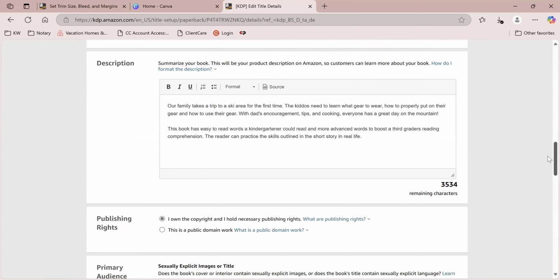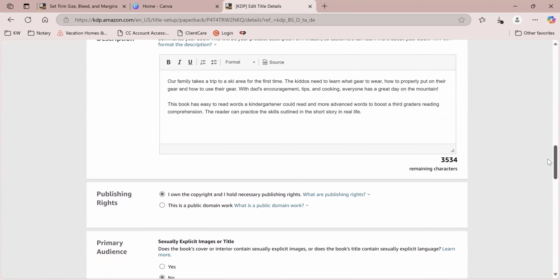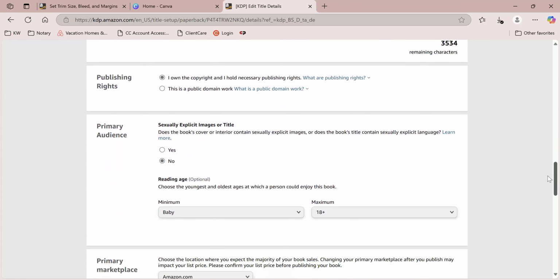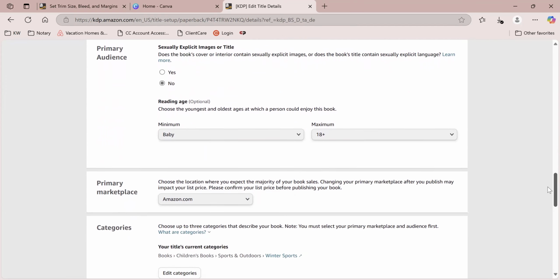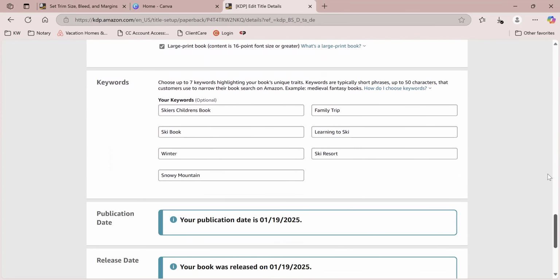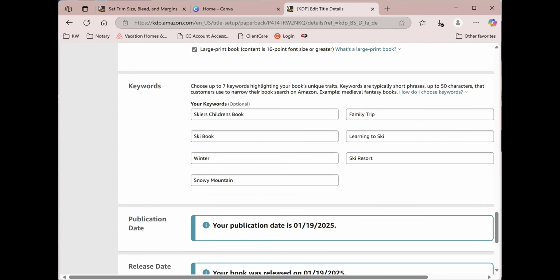So my book's about a family that takes a ski trip for the first time, a little context in the book, and what my target audience is. Again, with the target audience category that most suits this book, and then keywords. Very important. Keywords are super important